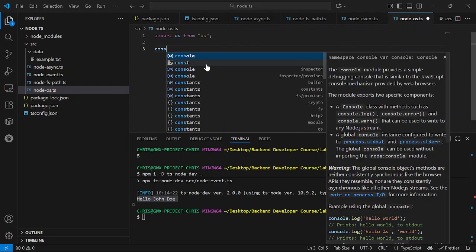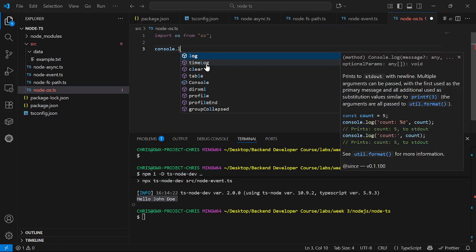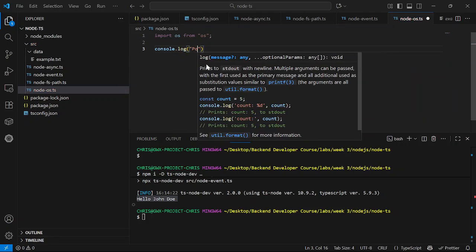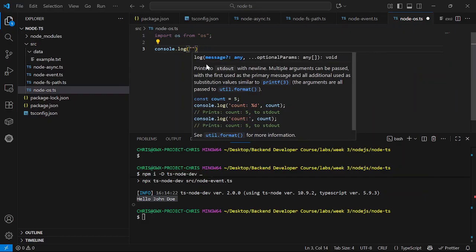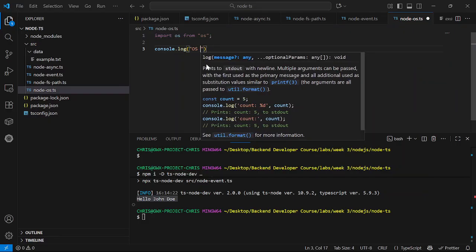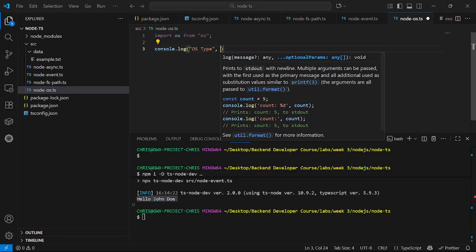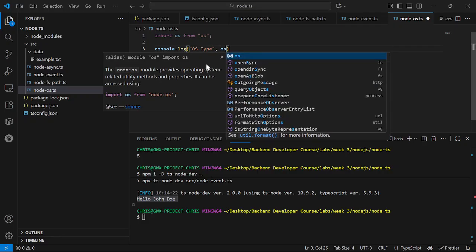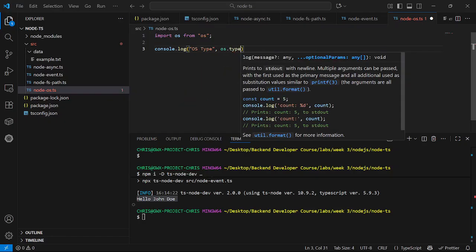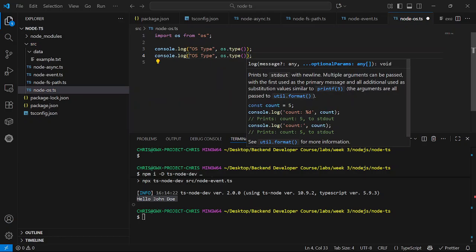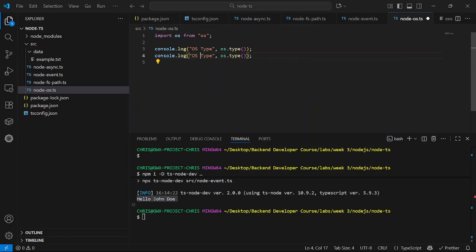So this will tell you some things about the operating system. If you want to know our operating system type, I'll do something like os dot. All these are in the documentation, guys. If you want to check the platform,